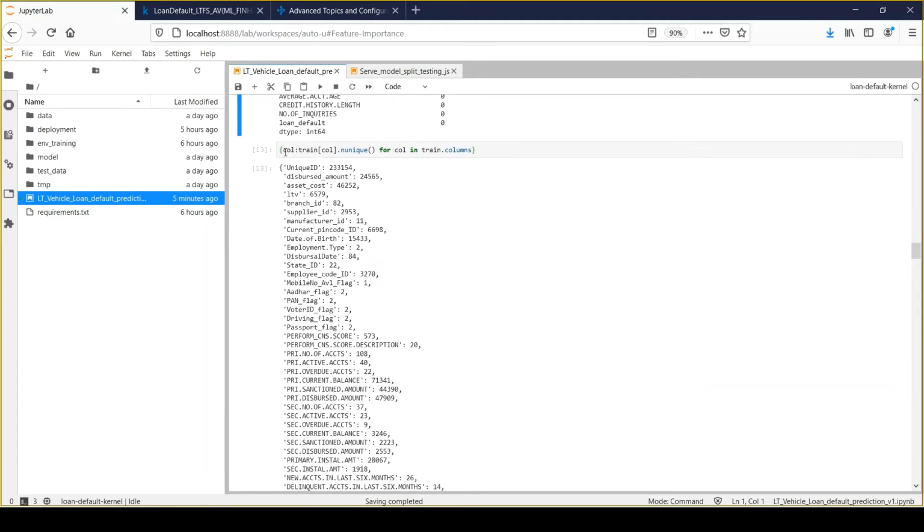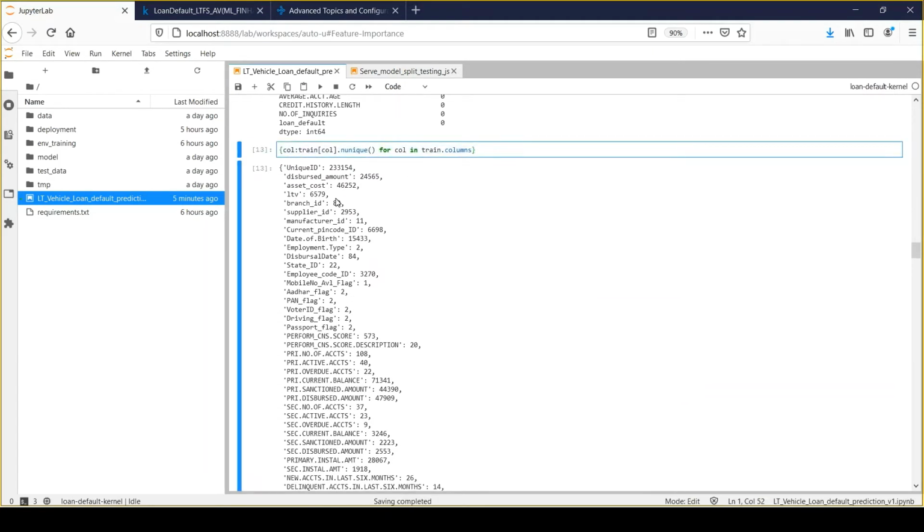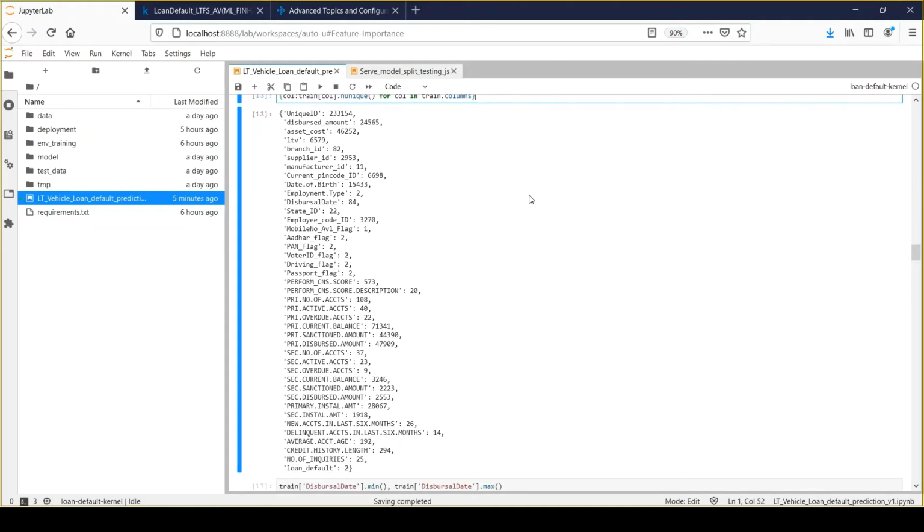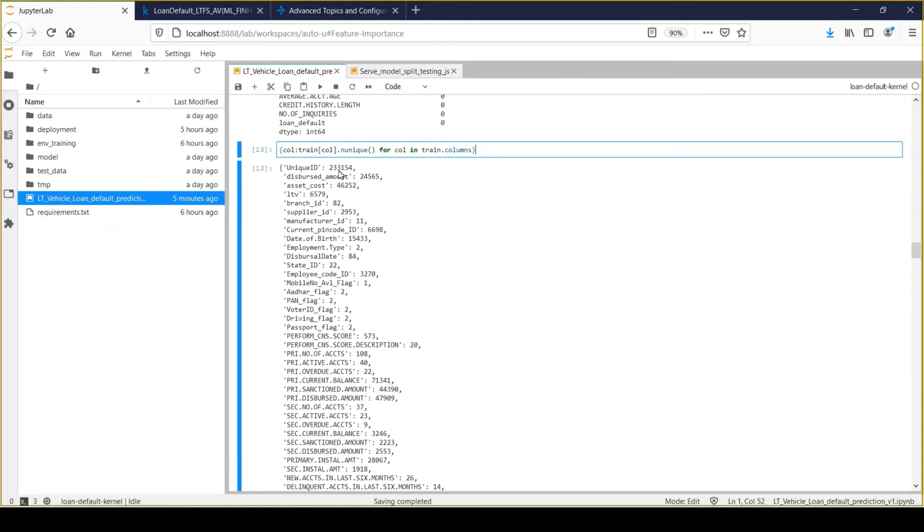And here I have simply identified the different unique values we have for each and every field. In that way you can find out which columns have very high dimensionality from a categorical perspective, and whether it makes sense to use those as a categorical variable or you need to leave that column as it is in int, right?